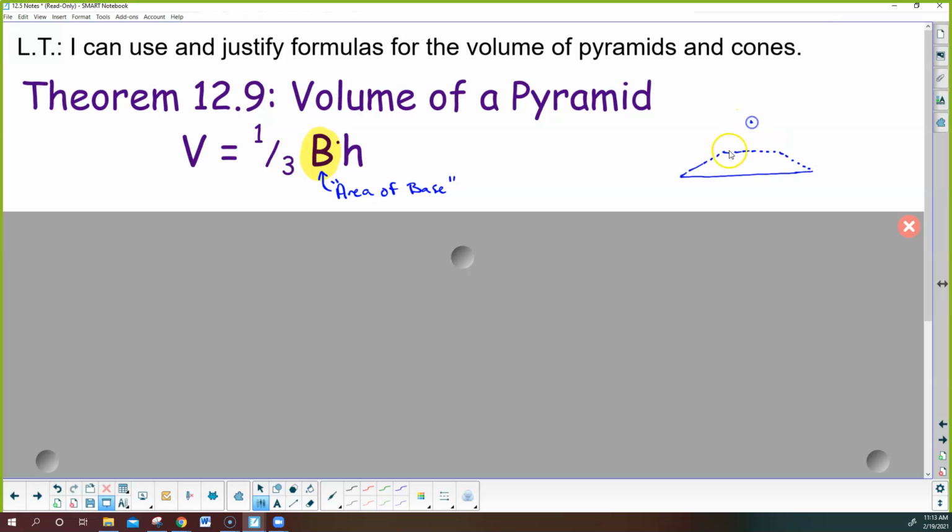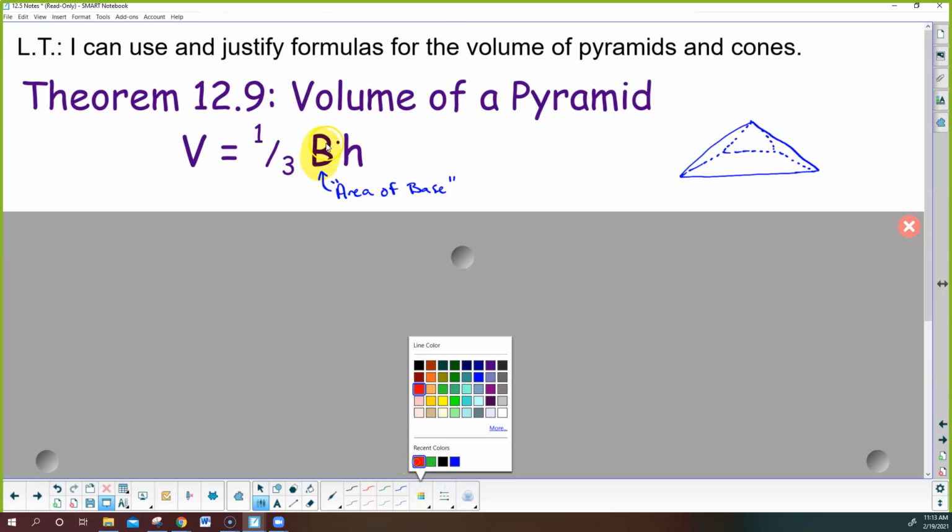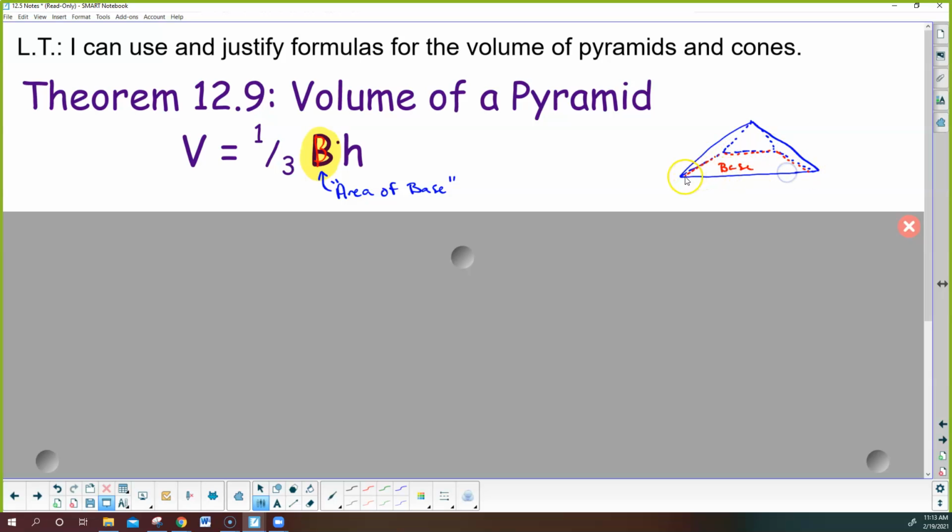Let's say I've got a trapezoidal pyramid. When we say the area of the base, we're referring to what shape is the base? In this case, it's the area of that trapezoid, so we'd have to use our area formula for that. We could find that